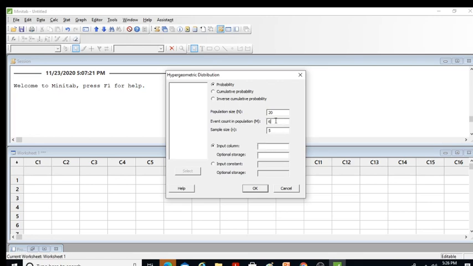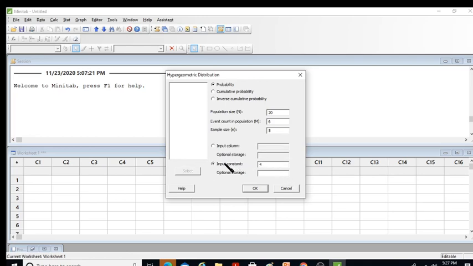So event count in this population is having a red ball as an event or a success. Here, capital M represents what we used to represent in the theory with the letter A. Capital N and small n are exactly the same. Okay, input constant, for example, we are interested in calculating the probability at x equals 4, exactly 4 red